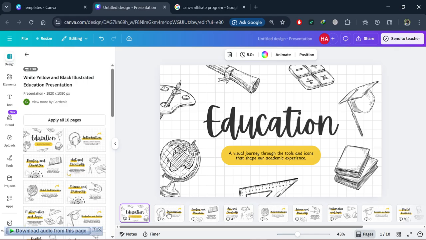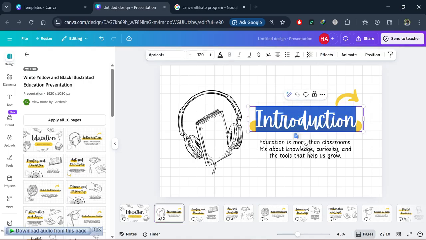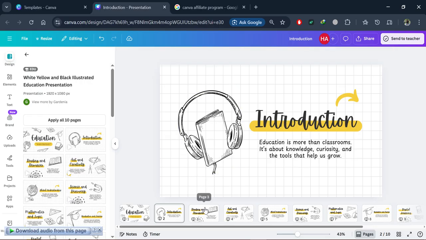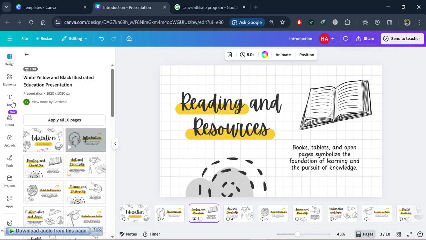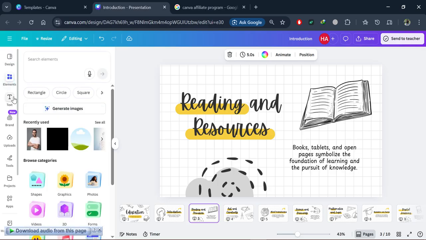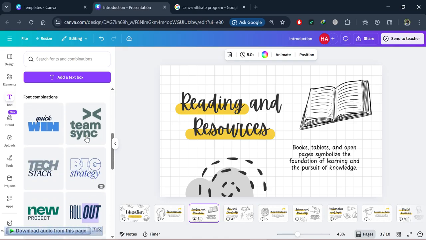If you want to make any changes, you can just simply tap on the text, and then you can write anything that you want to add, or you can also add icons and manage each and everything. If you want to do some customization, you can add elements from this section. You can select the text and the style of the text, each and everything from these options.